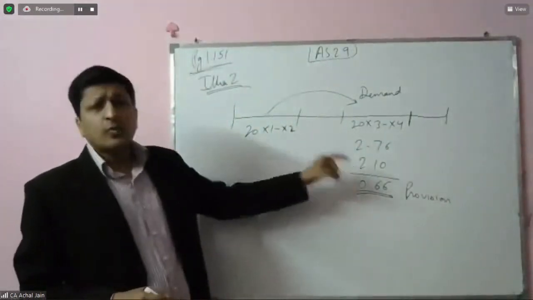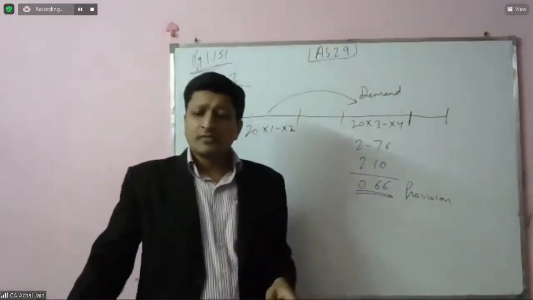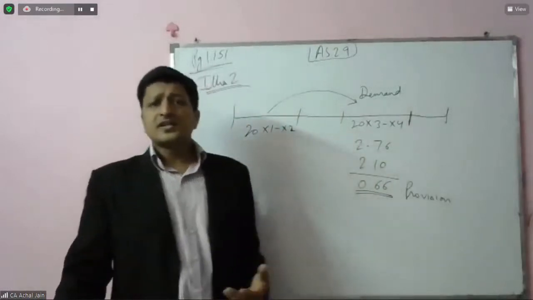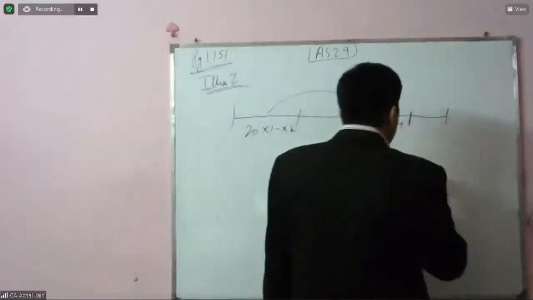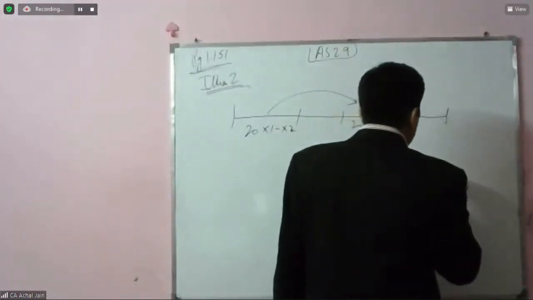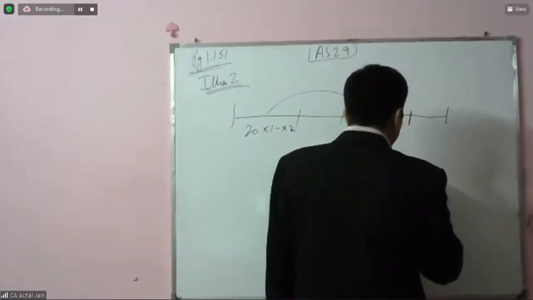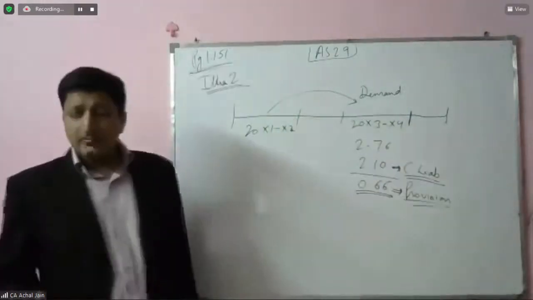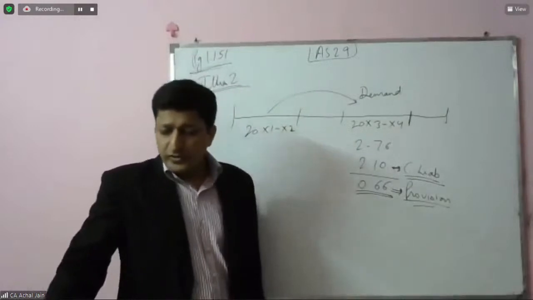As around this amount, 2.10, nothing is specified in the question, whether the company will win this or lose this. So we are considering this to be a situation of 50-50, and that's why we are saying that this should be considered as a contingent liability. 2.10 will be a contingent liability, and the remaining amount will be created as a provision.